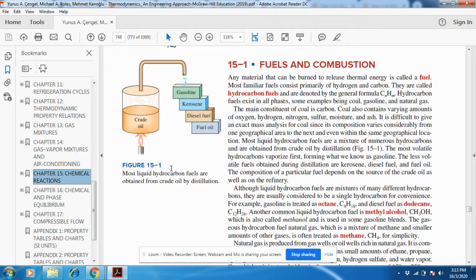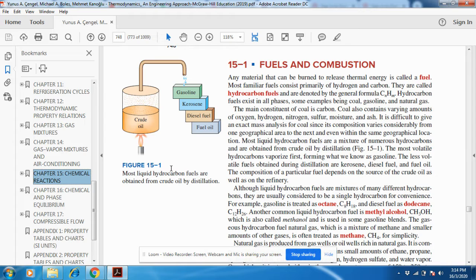We are going to learn how to balance a chemical reaction equation, which describes the combustion process. Then later on, we are going to estimate how much heat we can expect when we burn a defined amount of any given fuel. And the last part of this chapter will give us information on how to estimate the flame temperature. Specifically, there is one peak temperature level which we may achieve in a combustion process, named the